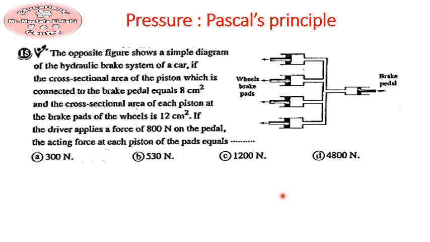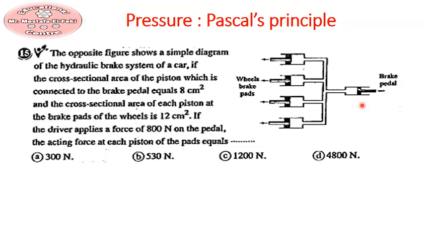The opposite figure shows a simple diagram of the hydraulic brake system of a car. If the cross-section area of the piston which is connected to the brake pedal equals 8 centimeter square, and the cross-section area of each piston at the wheels is 12 centimeter square, and the driver applies a force of 800 Newton on the pedal, the acting force on each piston